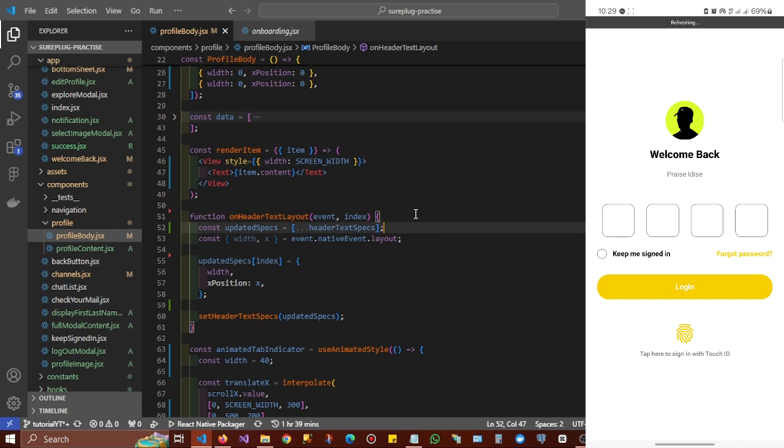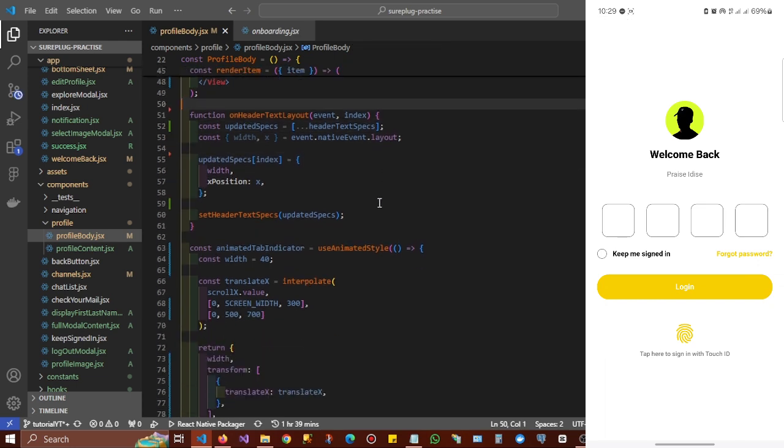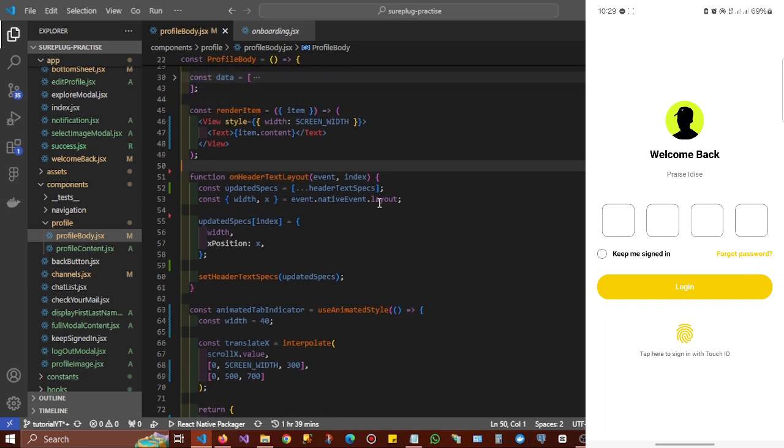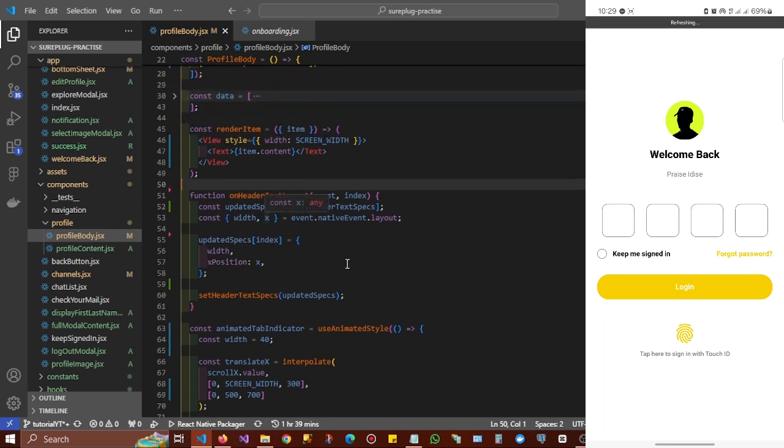Yes. So now, since we have the width and the position of our